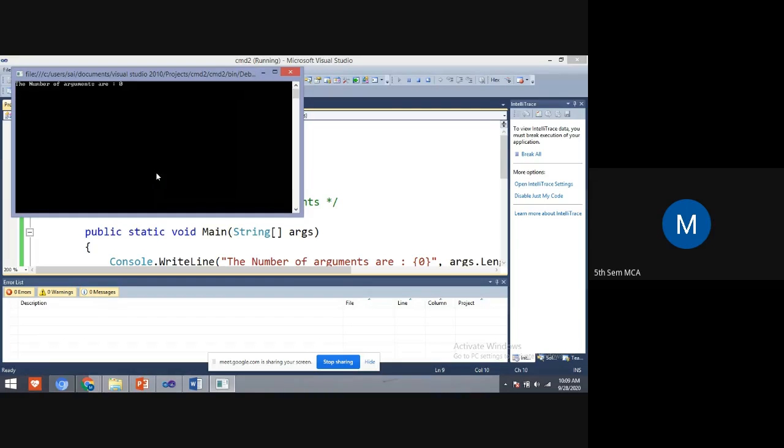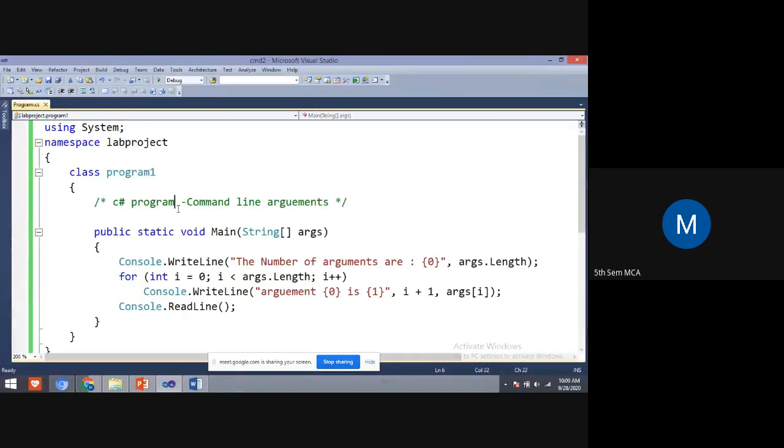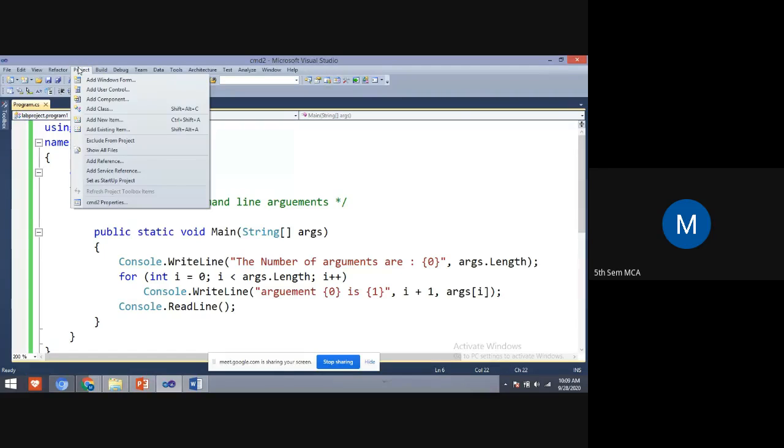So here in C#, the passing of values is using another method. You have to go to project. Yes, students, your screen is visible now. You are able to see where I am taking my mouse pointer. Now I am clicking on project.